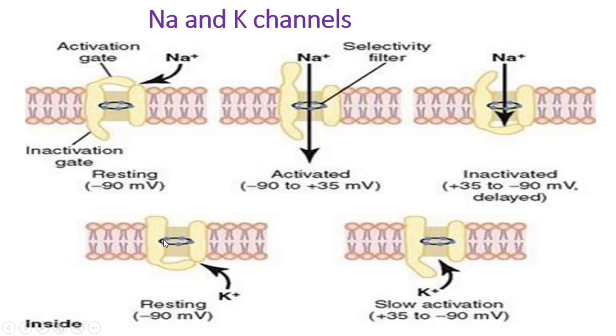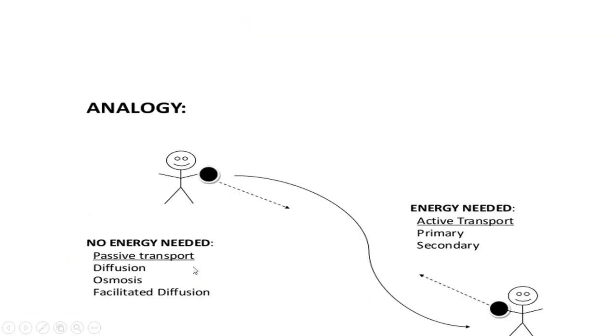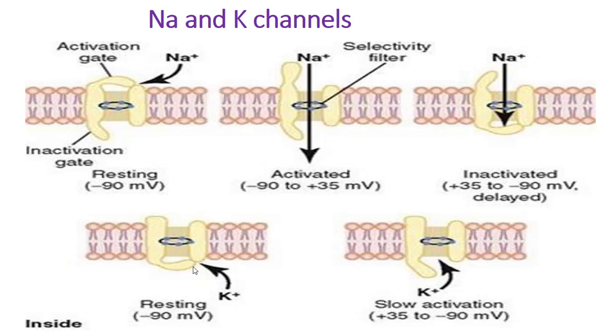Here you can see the potassium channel. It has only the lower portion. In the resting state, it is closed. Whenever it is activated, this gate opens and potassium has to move out. As I have told you, the potassium inside is more, so it is going to move out. It has only one gate, the lower portion. So this was the detail of your sodium and potassium voltage gated channels.